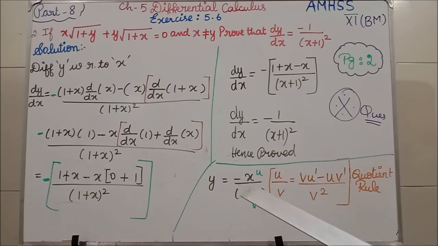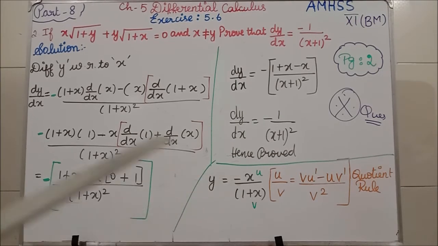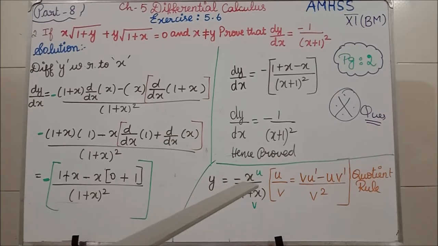Isn't it? y equal to minus x divided by 1 plus x is our last step. So this we have to differentiate by using the quotient rule. This is our quotient rule formula. Now we have to differentiate with respect to x. See this page, after erasing I have written here. So if we have y and differentiate y with respect to x, what will we get? dy by dx. That minus we are having, that we will write commonly outside. Now our u is only x and v is 1 plus x.